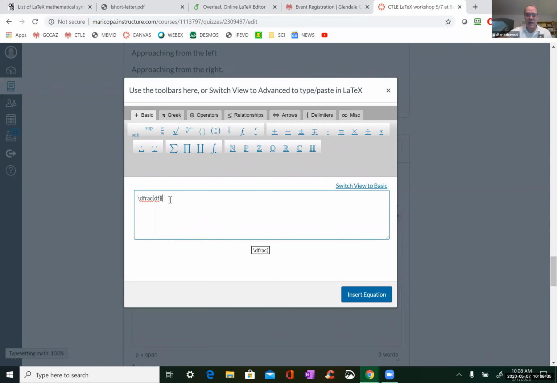So you can do something like df dx as a fraction, and there you go. So limit, and then you can say h, now here's that right arrow, 0.